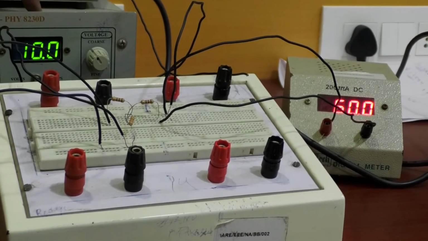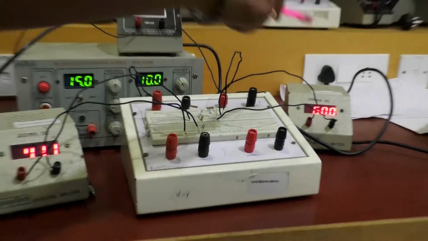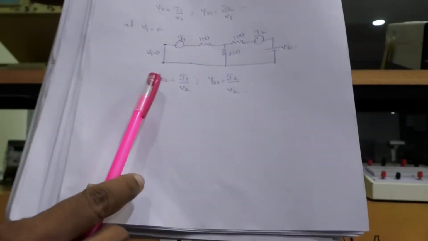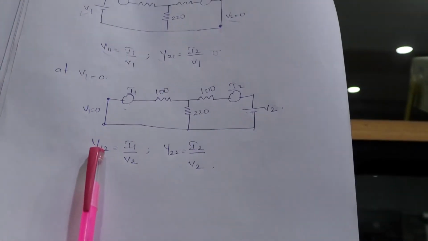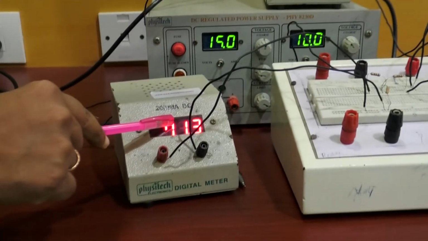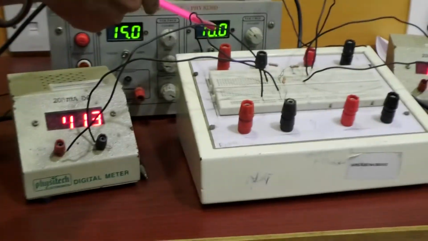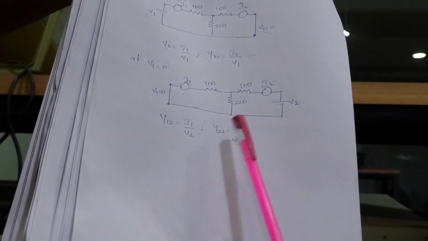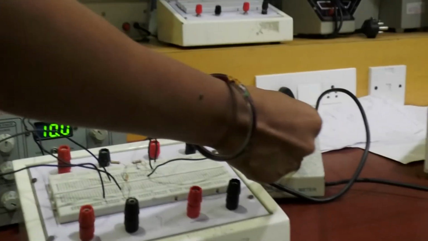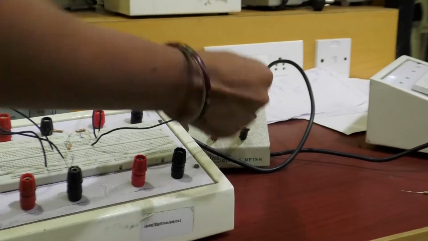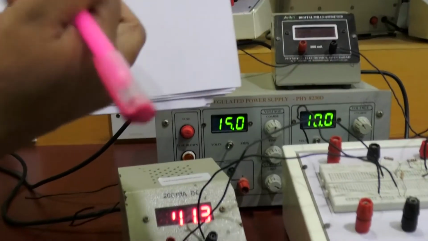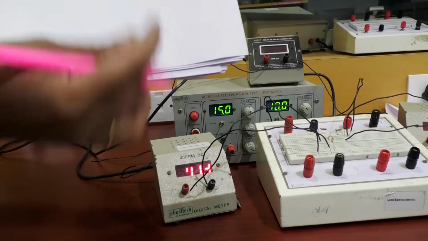Here you know the value of V2, I1 and I2. Now you know the three values, so by using those three values you can calculate the two parameters, Y12 and Y22. I1 is the current across this ammeter, and V2 is the supply voltage from the RPS. Y22 is equal to I2 by V2. I2 is the current across the second port, and V2 is the voltage we have set in the circuit. By using these three values, we have got the values of these two.